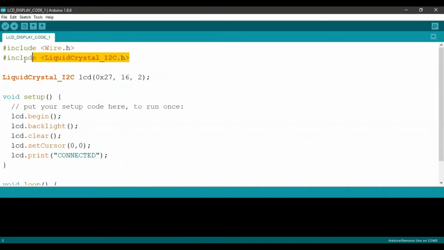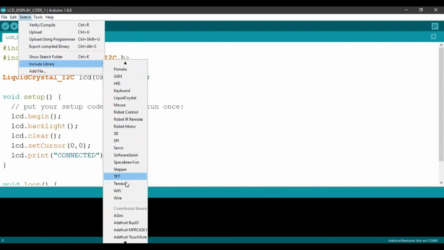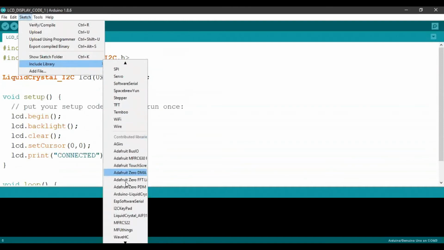In the case of the LiquidCrystal I2C library, I will give the link in the description below to download it. Once you have downloaded that, go to Sketch, include library, and include the zip file. Once you're done with that, you will find the library in the list of libraries here. So go ahead and add that.